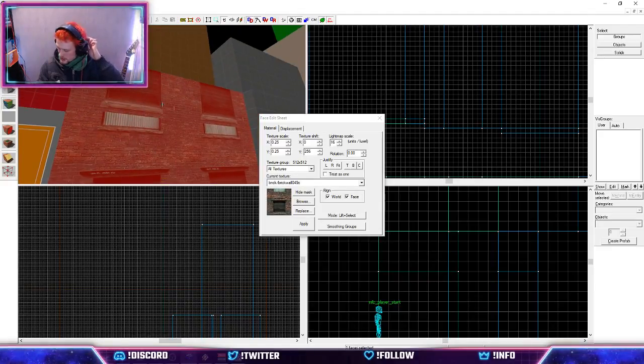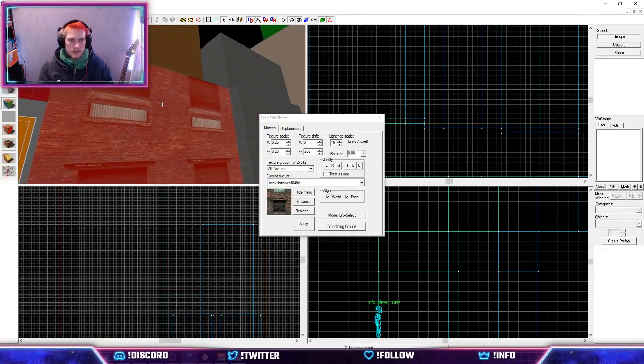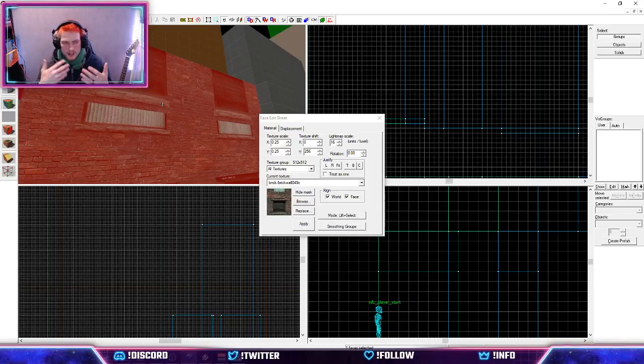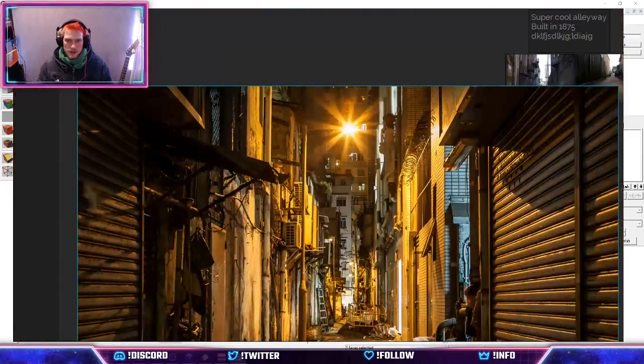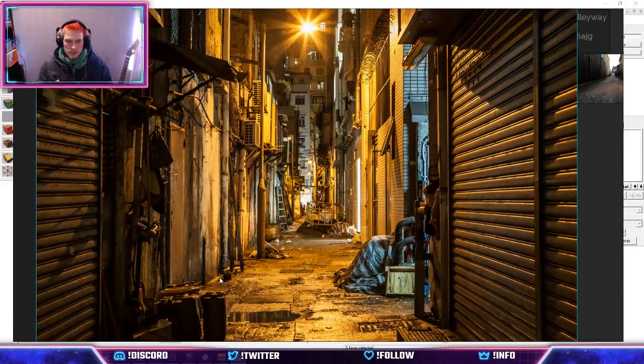Because remember, at the end of the day, this is going to be a Half-Life map, so I'm going to try to take as much as I can from this environment and bring it into a Half-Life level. One thing you'll be doing as a level designer is getting reference images like this in the real world, but at the end of the day,